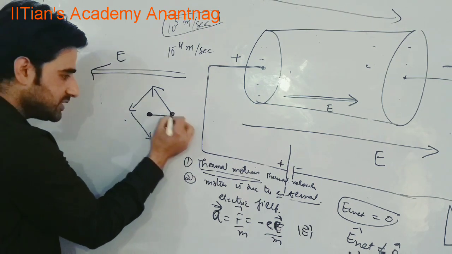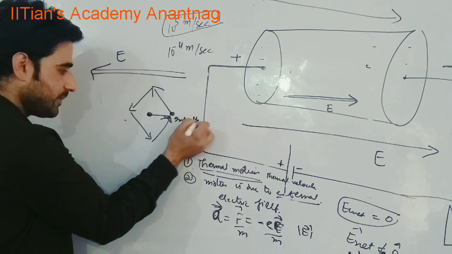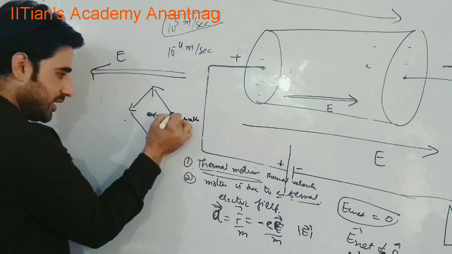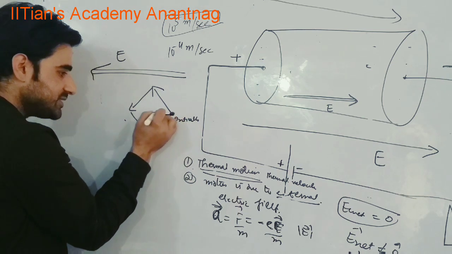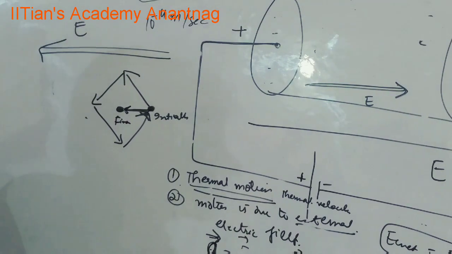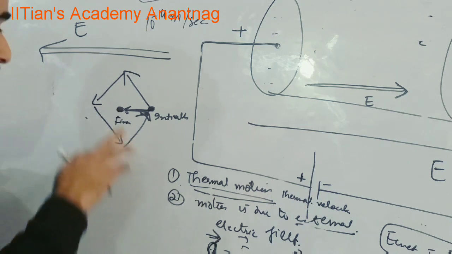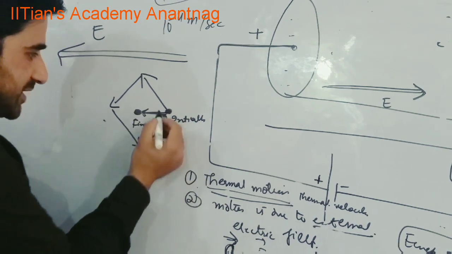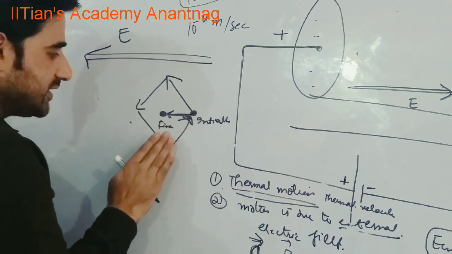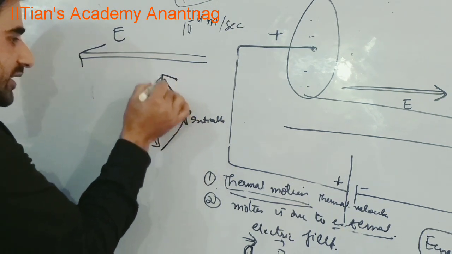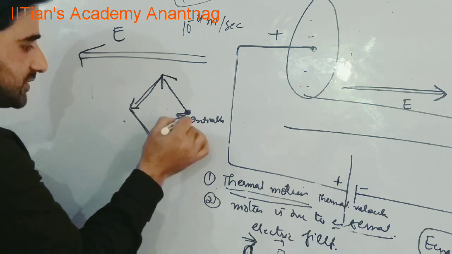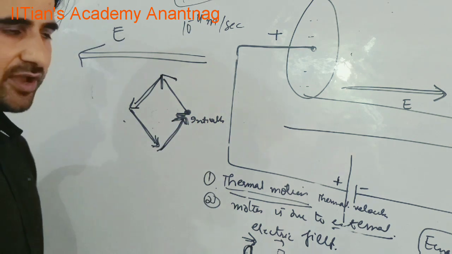Initially it was here, now it is going here. This is initial position, this is final position, so there is net displacement. Earlier there was not any net displacement in the electron, but now there is net displacement. In absence of field inside the conductor, there was motion something like this. This electron was going initially like this, finally like this. Net displacement 0, average velocity 0.